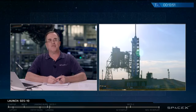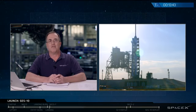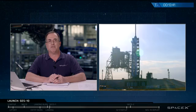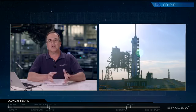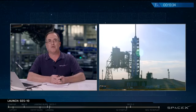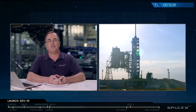Now, what everybody wants to know right off of the bat is, how are we doing? The good news is right now the Falcon 9 team is not working any significant issues. We are looking for an on-time launch at 27 minutes after the hour. Now, the SpaceX team has put in a lot of hard work, especially in this case where we've put in extra reviews for today's first ever reflight of an entire orbital class